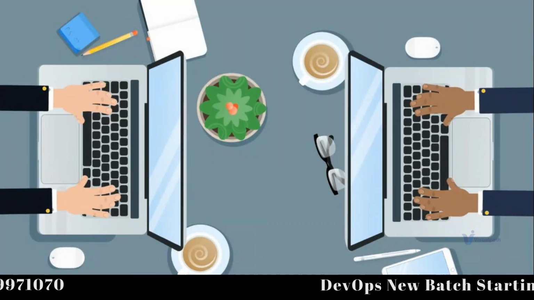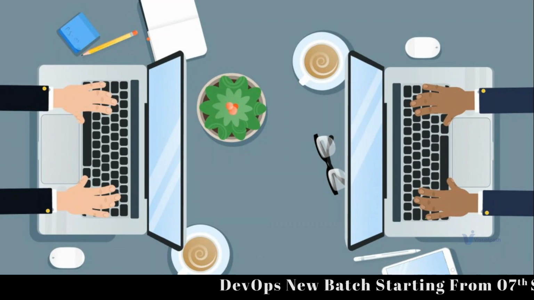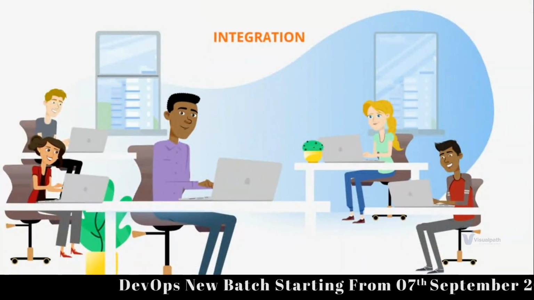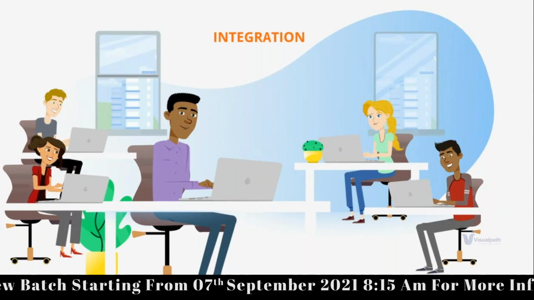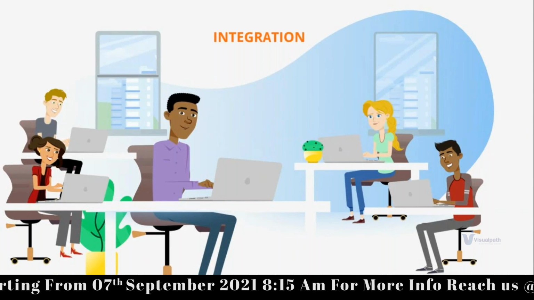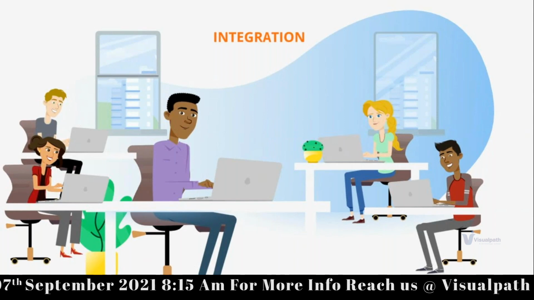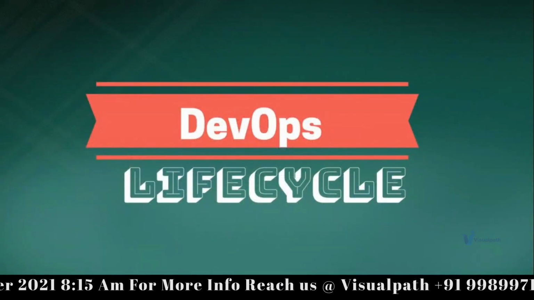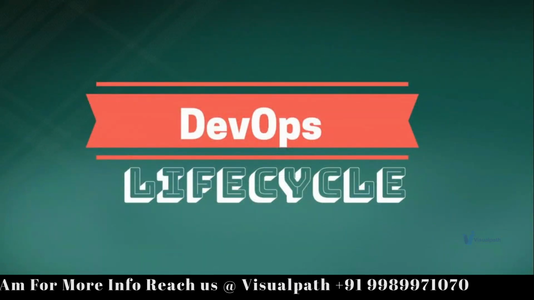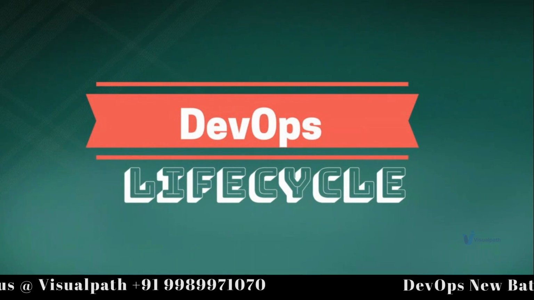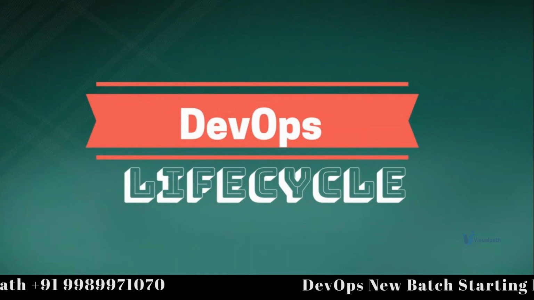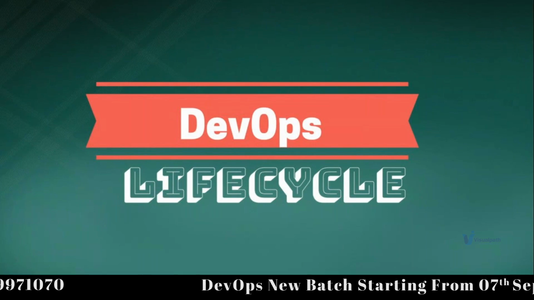So everyone in the team decides to automate, and once the automation is started, the integration also starts. All the automation scripts or frameworks will be integrated together, and they will create something called the DevOps Lifecycle. Okay, there was SDLC, right? Software Development Lifecycle. We had waterfall, we had agile. Now this is the DevOps Lifecycle.